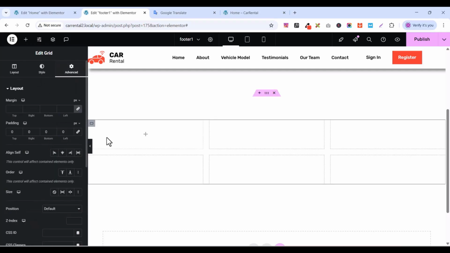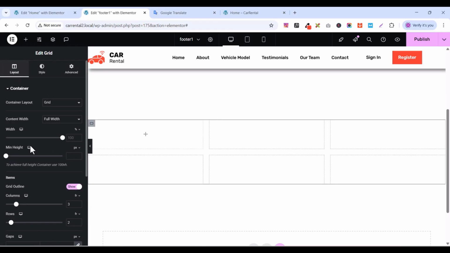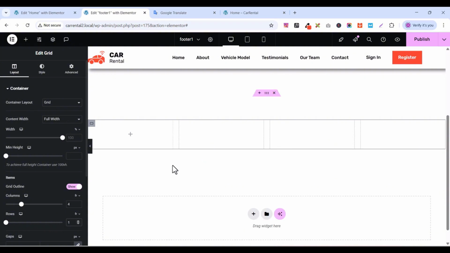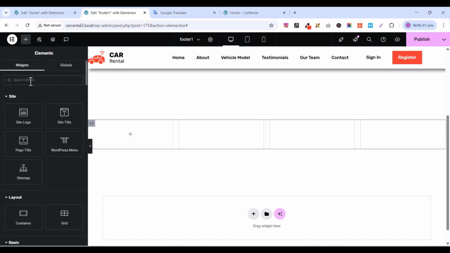So I am on advanced, sorry. So let's go to layout. On layout, you see column here. Let's increase the column to 4 and the row to 1, like this. So from here, let's add a container inside this grid by going to our element panel and look